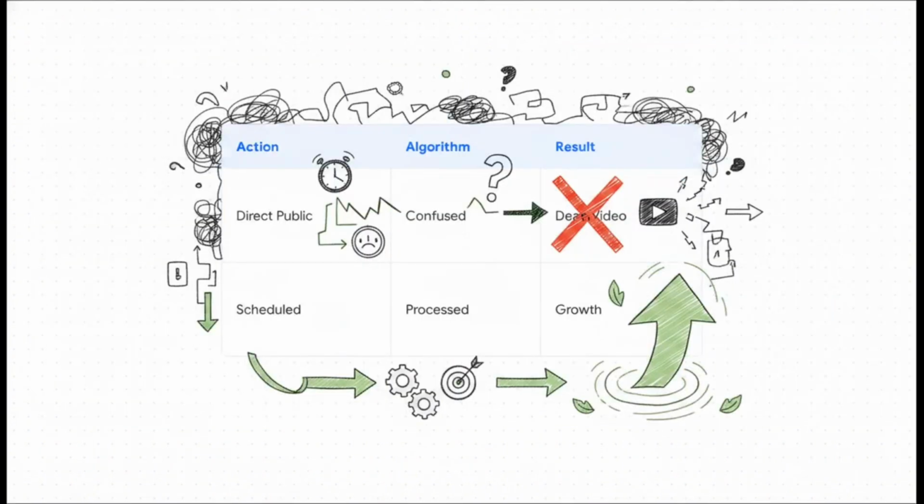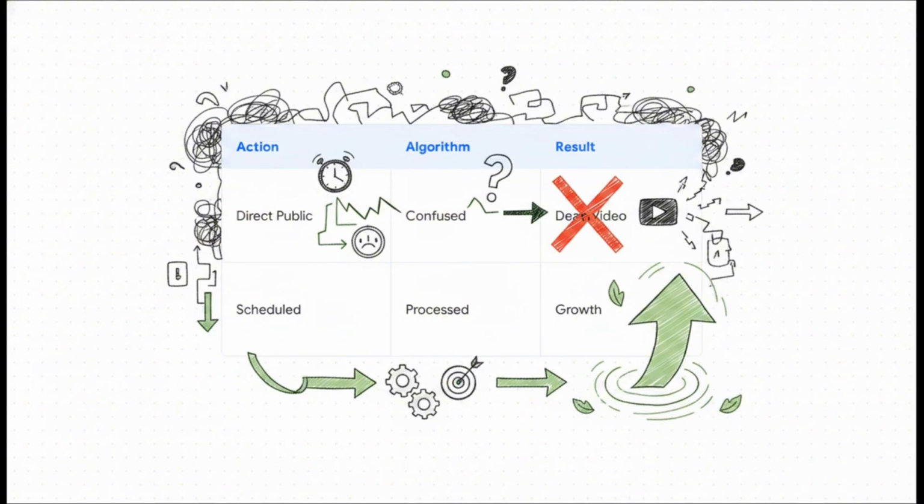In the real world, the difference here is just staggering. Going direct public leaves the algorithm confused and rushed, which leads it to test your video on that random audience. Now, think about it. What happens when a random audience sees a video they don't care about? They scroll right past it. They ignore it completely. Because of that, your click-through rate plummets, the system incorrectly assumes your content is boring, and